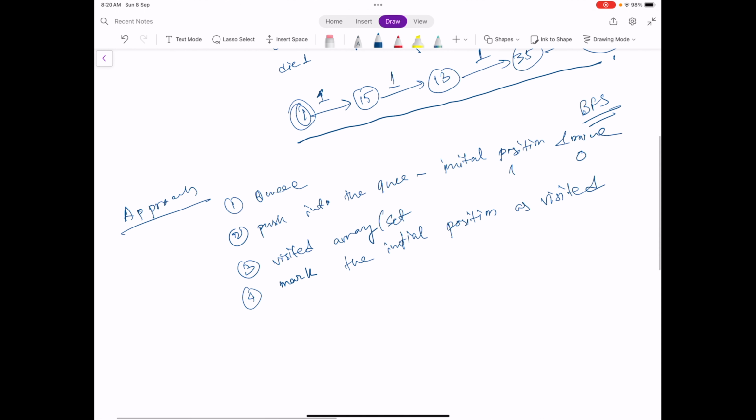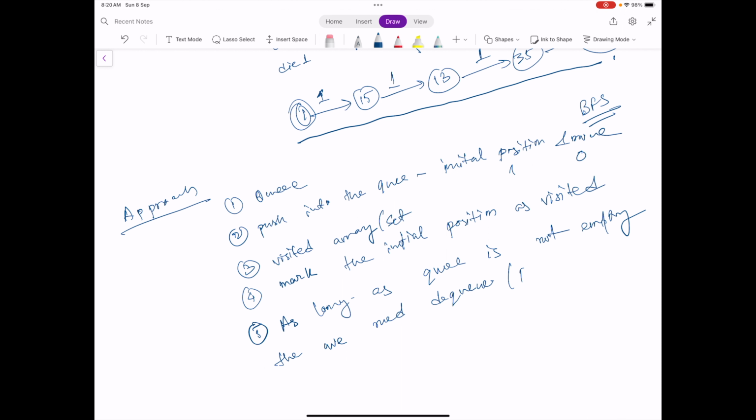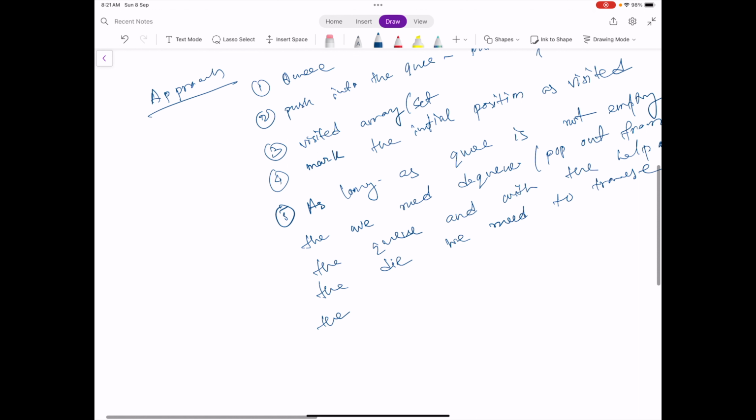Okay, now as long as the queue is not empty, then we need to dequeue or pop out from the queue, and with the help of the dir, we need to traverse the adjacent